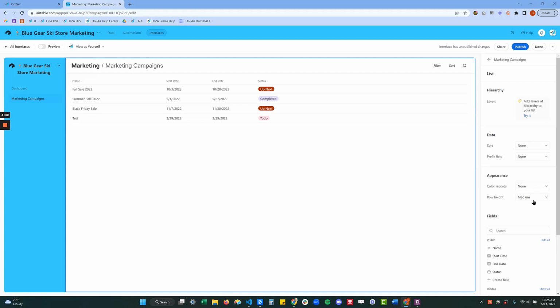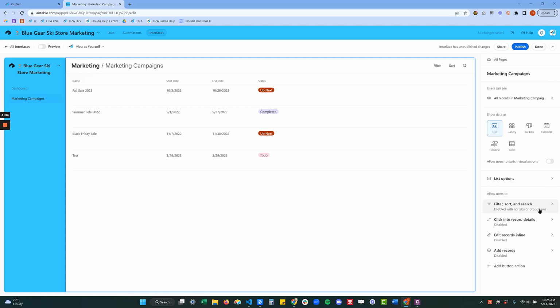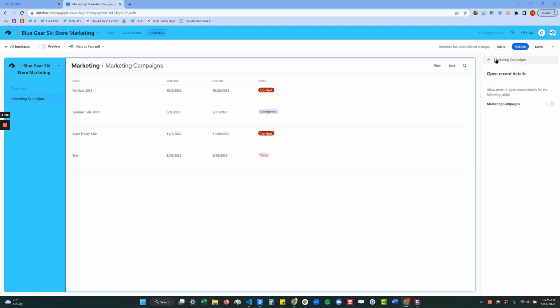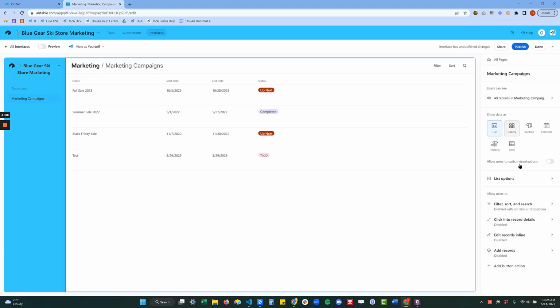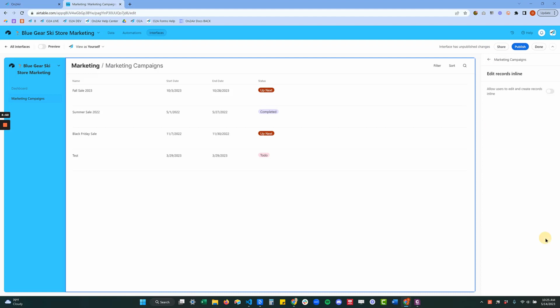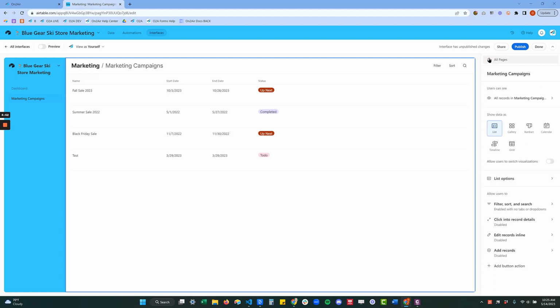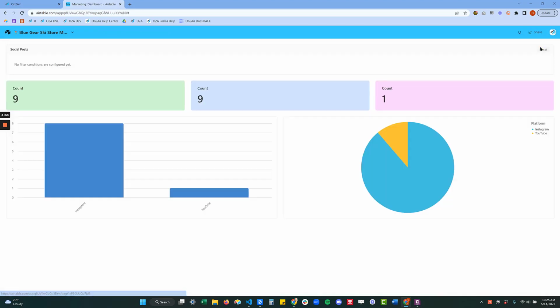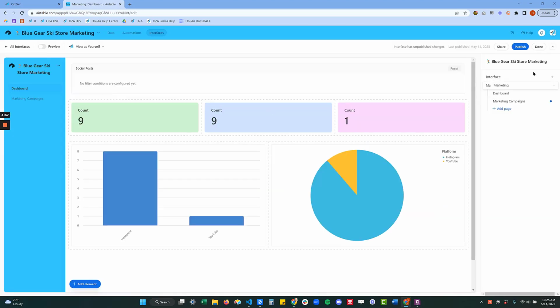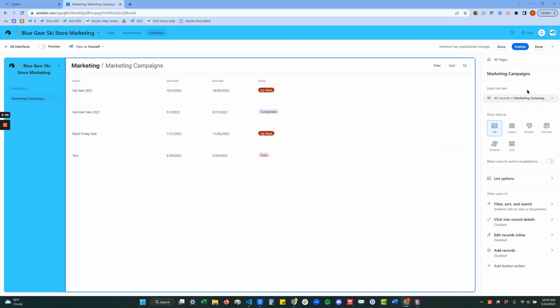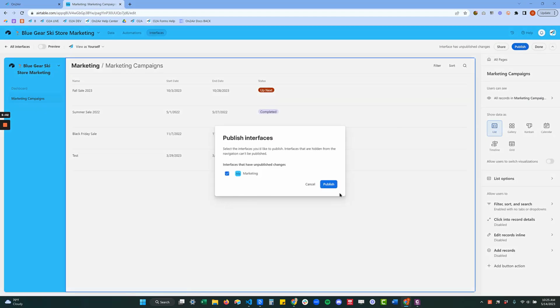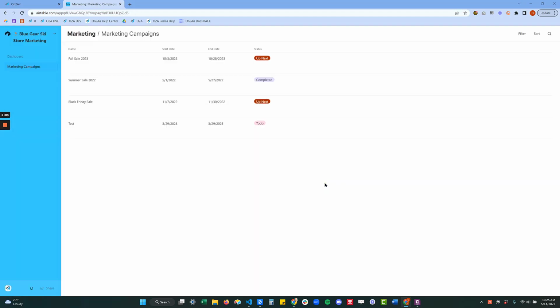You can change the record colors, the row height, different things like that. You can filter it. You can choose whether you can actually open the record, or you can choose whether you can edit the records in line. So now let's go here. We do need to publish this one, and we will publish it. And now you can see we have